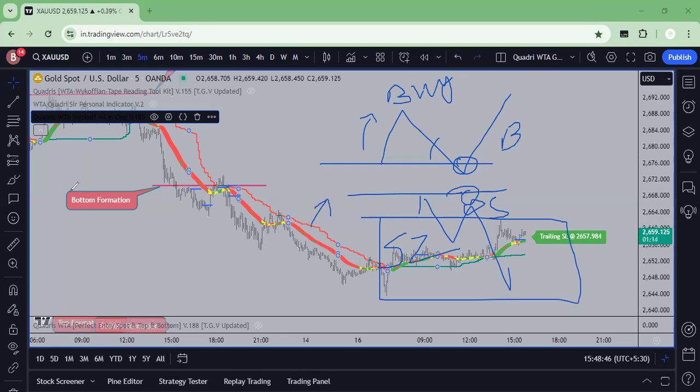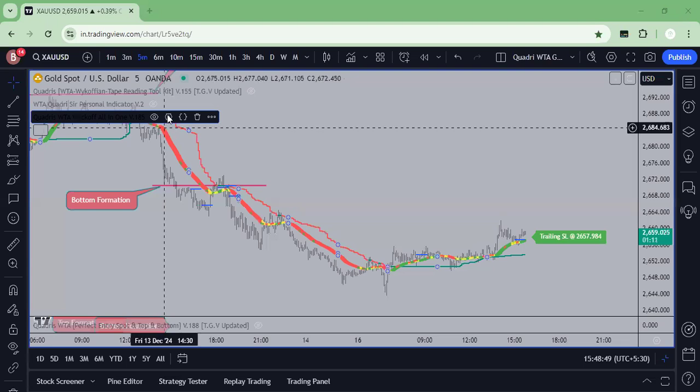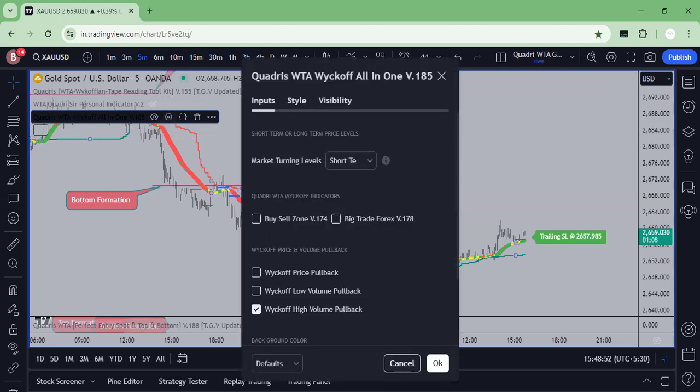So now, as I have explained version 174 and 178, I will explain the main intention behind creating this indicator, which is to identify accumulation and distribution. So please pay close attention to what I'm about to say. We have four options. One is wide price pullback, one is low volume pullback, one is high volume pullback, and one is normal pullback. My most preferred way is to use the high volume pullback